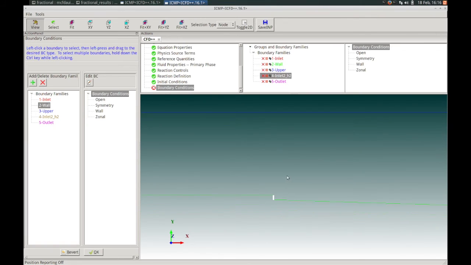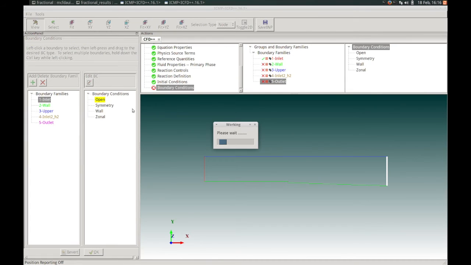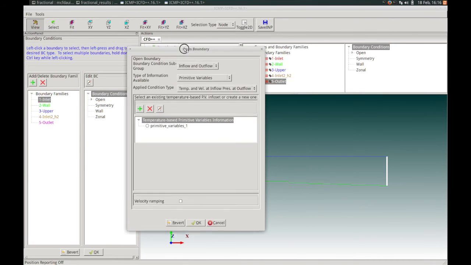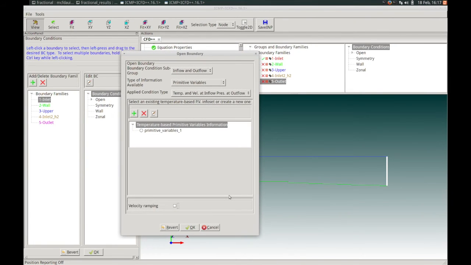See that the hydrogen inlet is very small, and the outlet. So we can start the BC definition by dragging the inlet boundary to the open boundary condition type. For the inlet BC, we'll choose the inflow only option under the boundary condition subgroup.